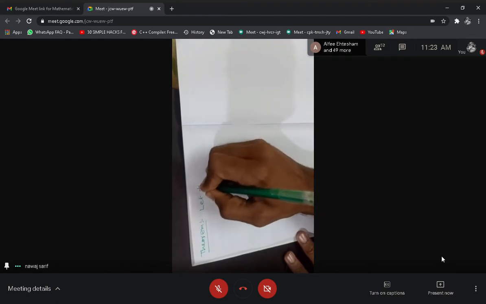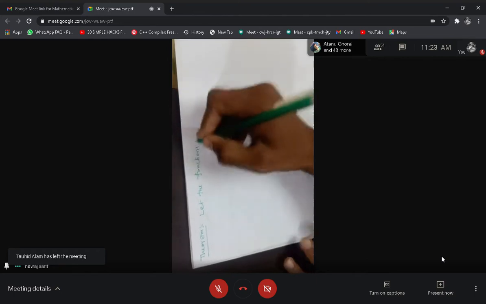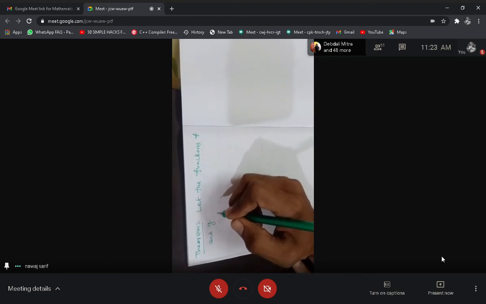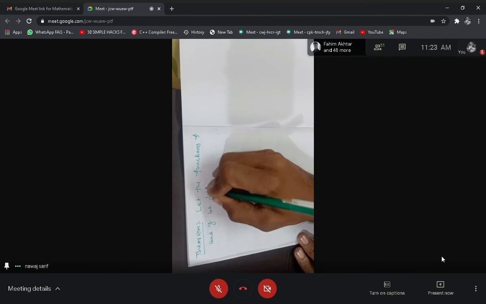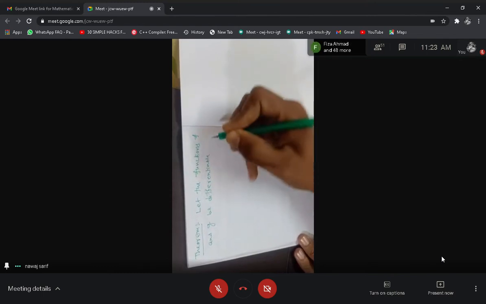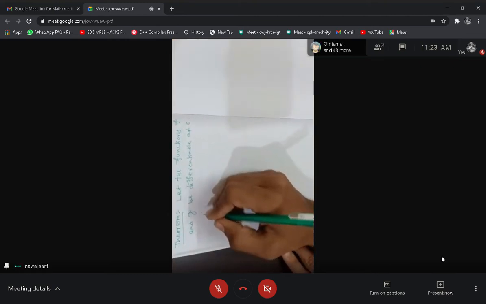Let the functions f and g be differentiable at c. Then